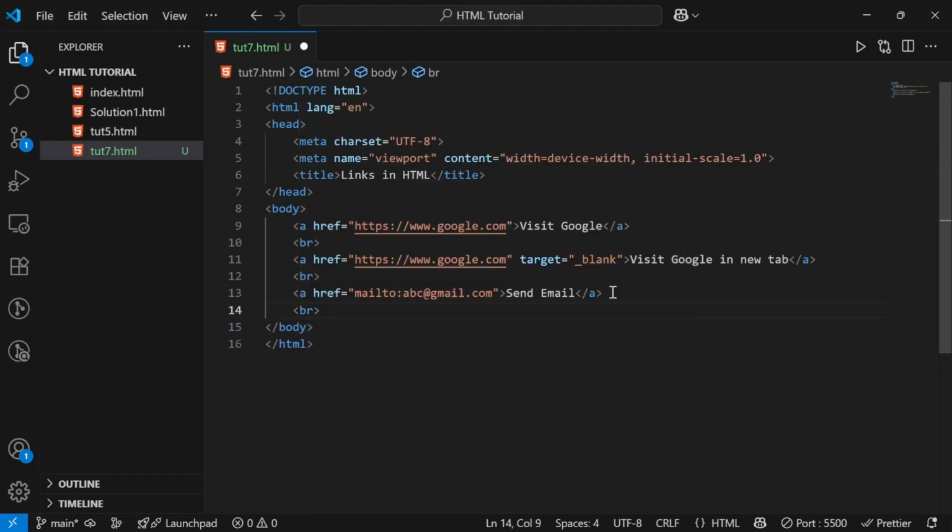Okay, now let's move on to the next thing, which is phone number. In the same way as we did for email ID, we can do it for phone number also. I will write the basic text as call us, and then in the href we can use something like tel, which is for telephone, and then we can just give our cell number. If you mention this and save it, when you click on it, see,